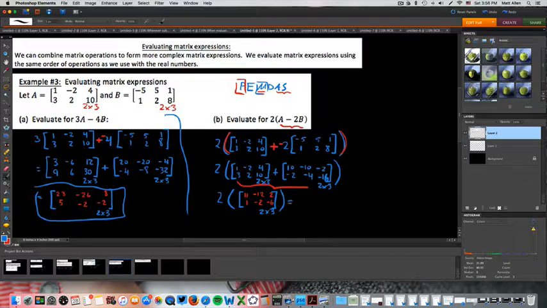So now all we have to do, looks like, is scalar multiply by a 2, meaning we're just going to double all of our initial entries. So we get this final simplified 2 by 3 matrix that comes out to be just all these entries doubled. So we get a 22, a negative 24, and a 4, and then we would get a 2, a negative 4, and a negative 12. So evaluating these expressions, just remember to use your order of operations